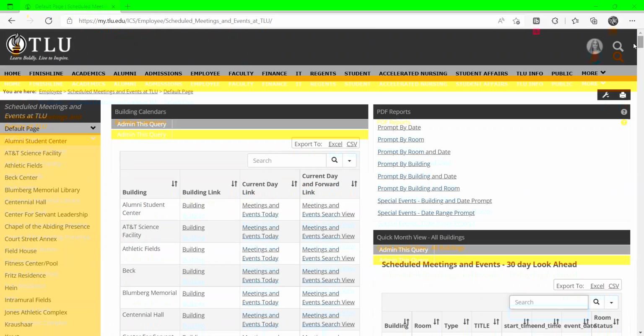Okay, so the first one we're going to look at is these building calendars. And you'll notice that all the buildings are listed here, but also you can always go over here to this page to go to the specific building page. However, these links are great because if you really wanted to, you could just go to the Scheduled Meetings and Events at TLU and go straight to the links for each building without having to click through the stuff on the left-hand side. So we're going to go to, let's do,